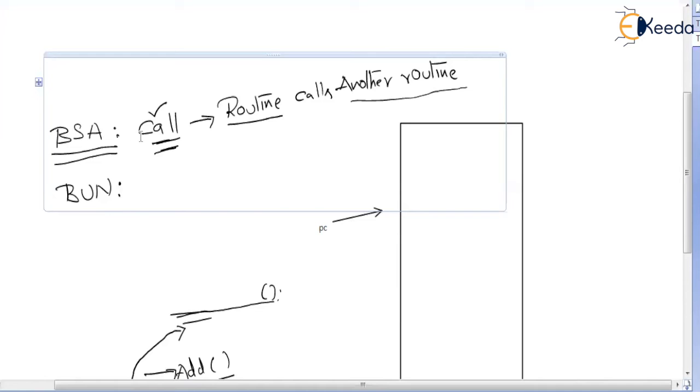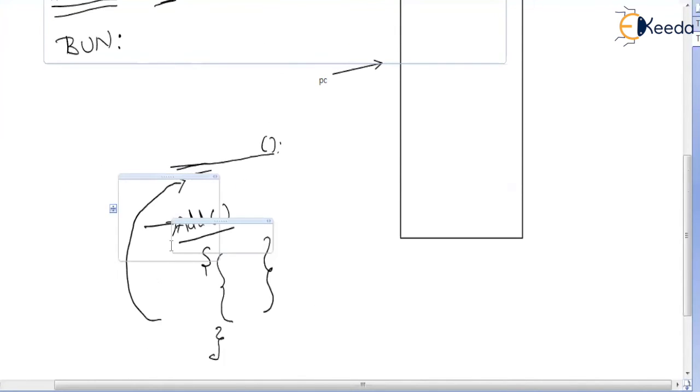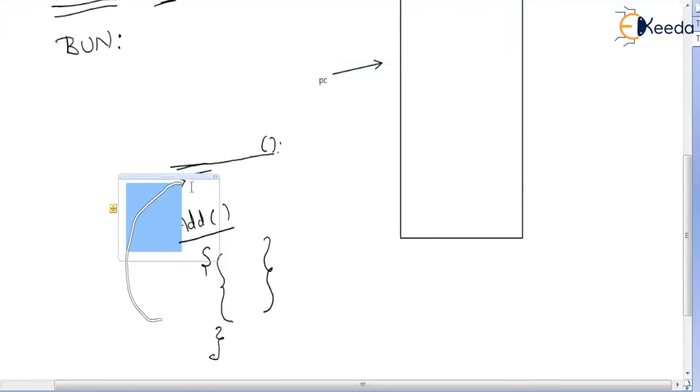That is, every time you execute a call instruction, the equivalent machine language instruction is BSA. BSA stands for branch and save the return address.